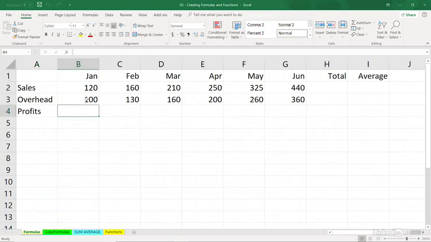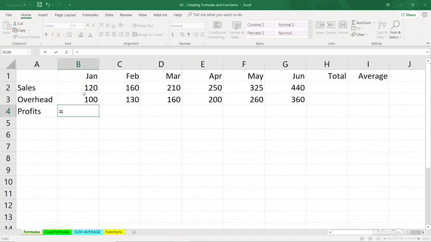The total here is going to be 20. We're going to be subtracting these two cells, but we don't type 120 or 100. All formulas in Excel begin with the equal sign. And although we can occasionally want to use external numbers, most of the time we use addresses. We want to say, in effect, whatever is in B2, from that we want to take away whatever is in